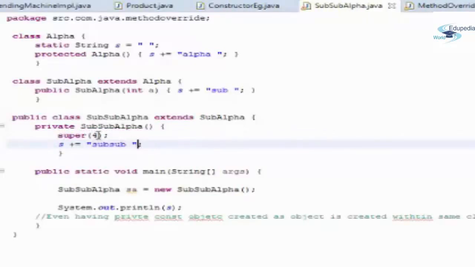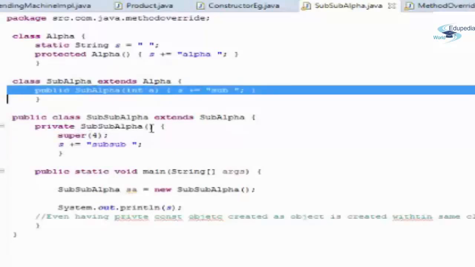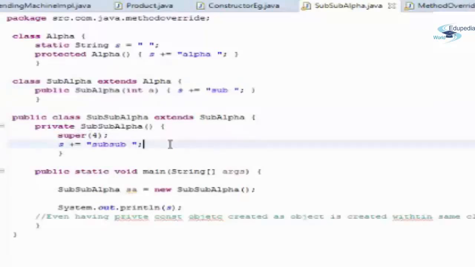I have called super by passing an argument to it. So basically I have overridden the call to the default super. That's why I'm passing a parameterized super so that it can find this constructor. So now it's absolutely fine.